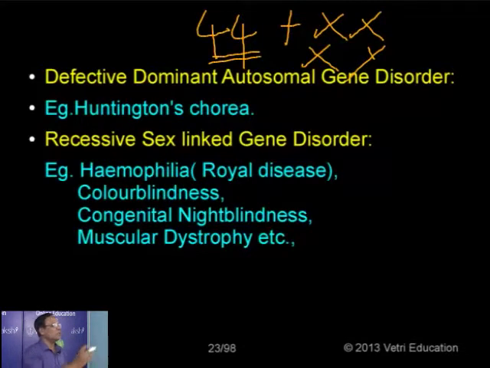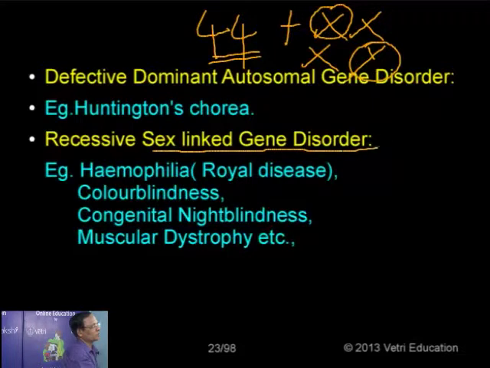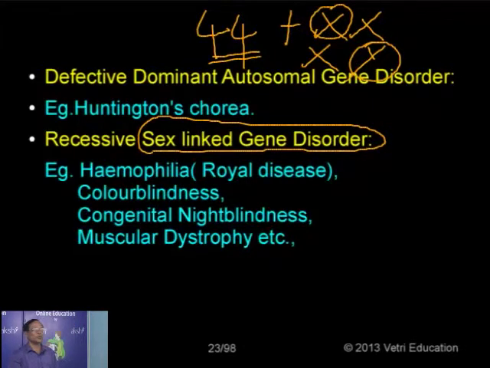Sometimes the gene located in the X chromosome or in the Y chromosome may cause a disease, particularly in recessive gene condition. Most of the genes causing the disease are recessive in nature, localized in the sex chromosome. As the genes are located in the sex chromosomes, such disorders are called sex-linked gene disorders, because the genes are located in the sex chromosome, either X or Y. And also, the gene is mainly a recessive gene, not a dominant gene.